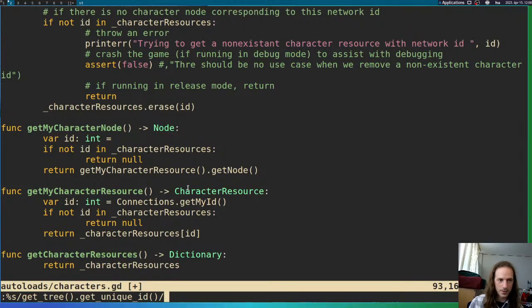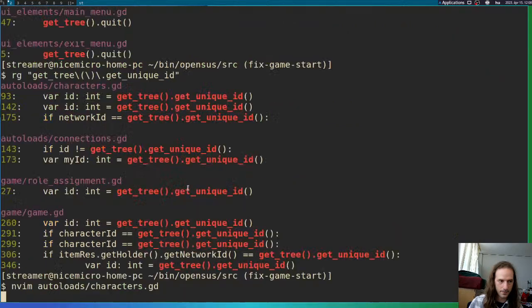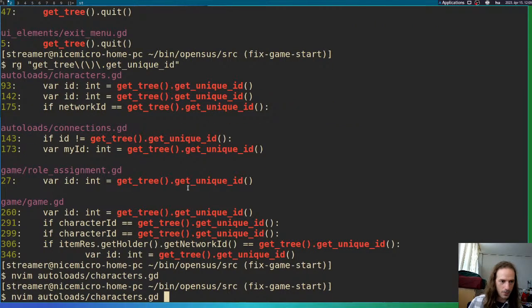And what I want this to be changed to is connections.get my ID, and I want to change all of them. And then I want to edit autoload slash connections.gd,